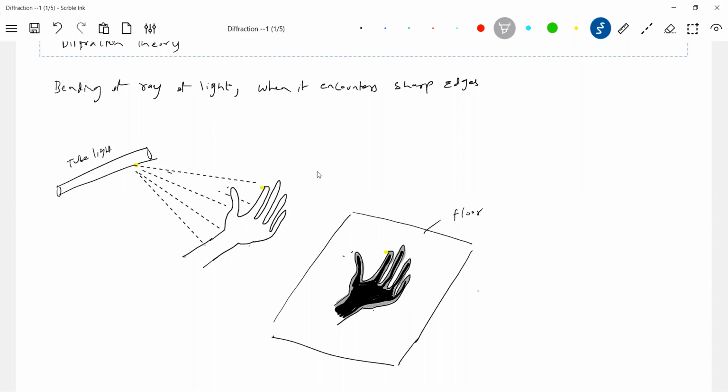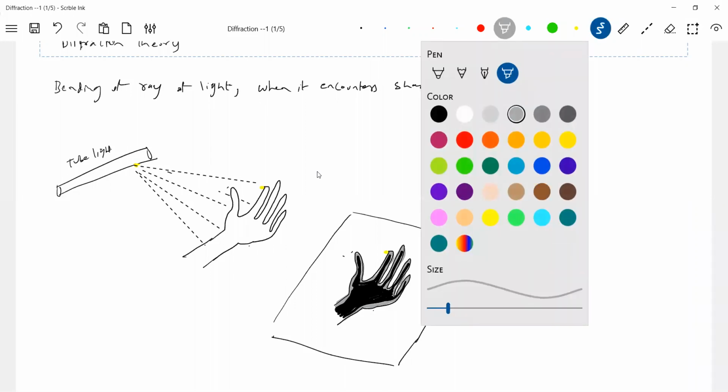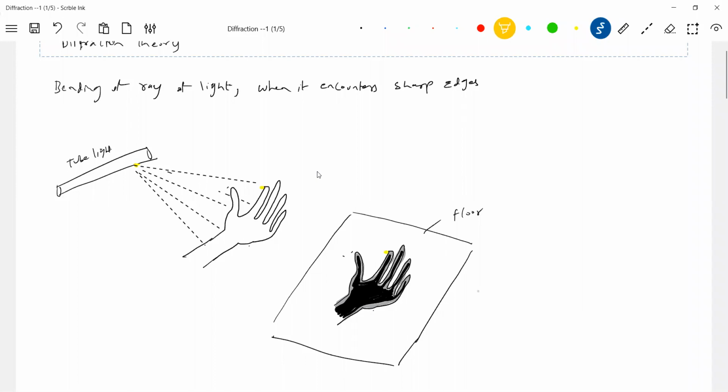Or you can go outside and stand in sunlight. You don't see complete dark. But what is expected? Complete dark, like this black color, because what is this body? This body is a purely opaque object. It will not permit the light to pass through it. Am I right? Then what is expected? Only that black, complete dark region is expected.